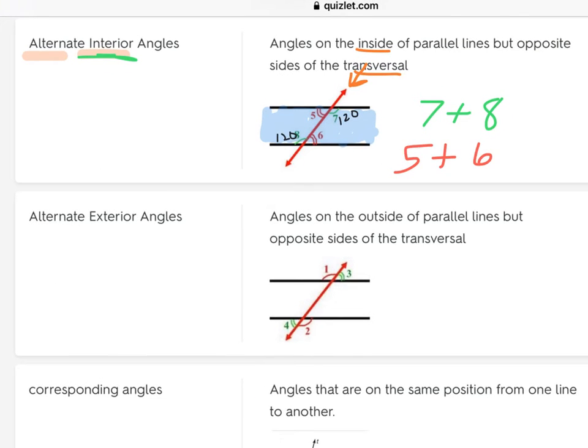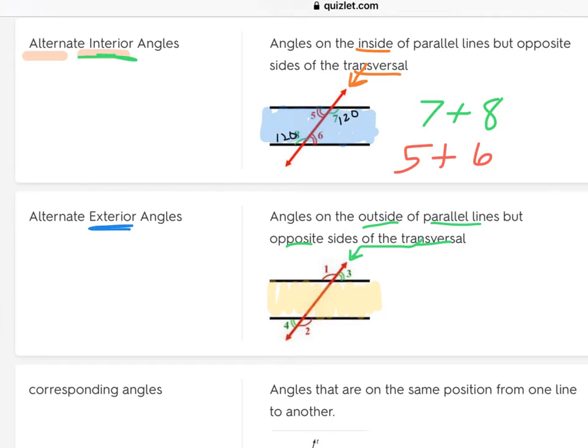So similar to that, we have alternate exterior angles. The next term, exit, like on the exit, on the outside. So angles on the outside of parallel lines, but opposite of the transversal. The transversal is that red line. So if, again, I highlight inside the parallel lines,